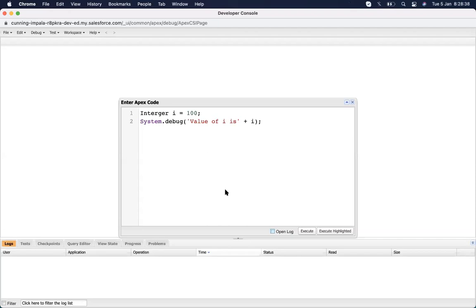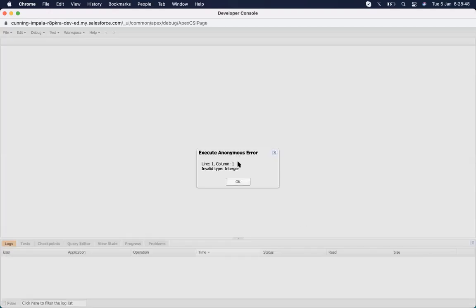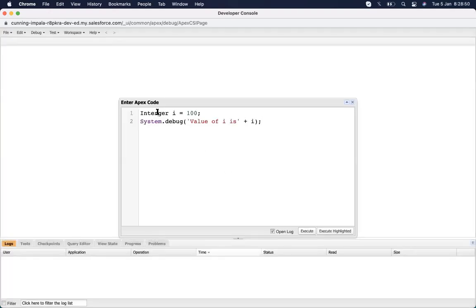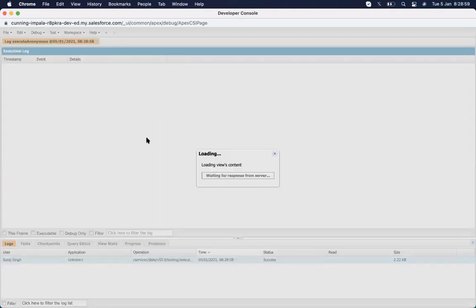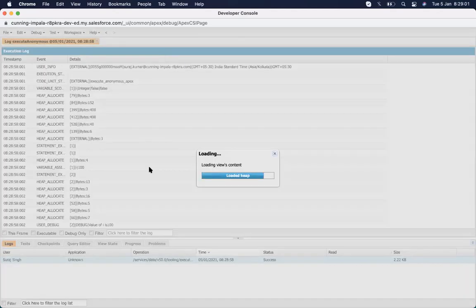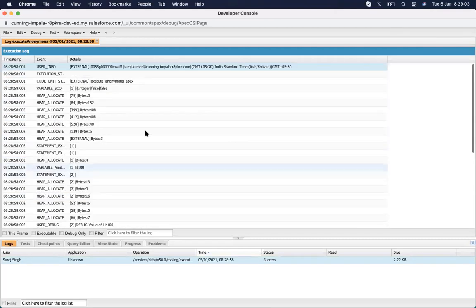So whenever the code is executed, do you want to automatically open the log, or should it be opened manually? If we click on that and I execute this, once the execution is finished, it will open. Sorry, in teacher I just INTEG, okay, I missed this spelling. So whenever I execute this piece of code, the log will open and I can see all the details. Yeah, you can see all the details showing up here, and when it started execution,